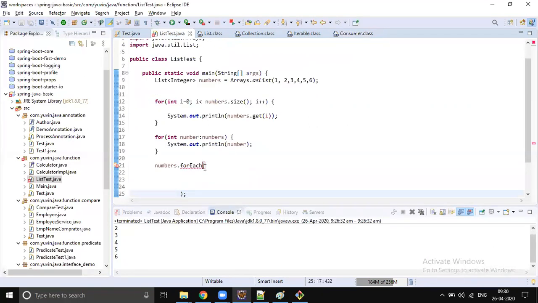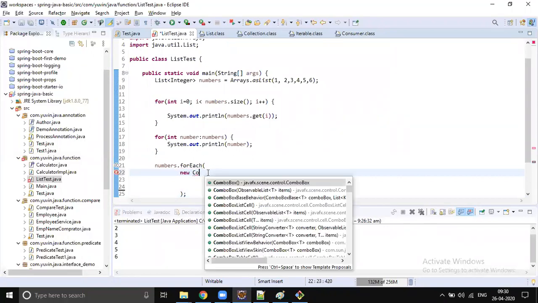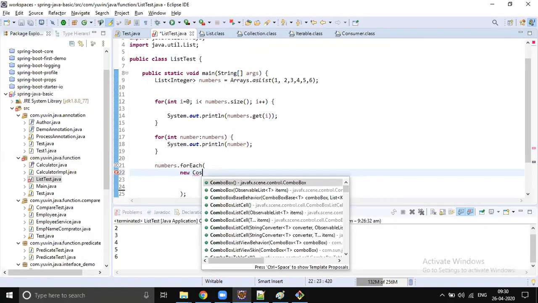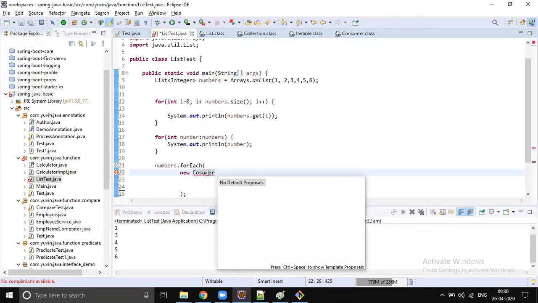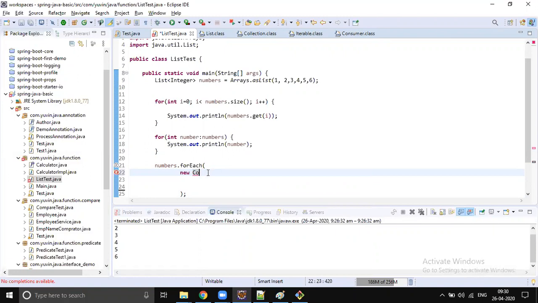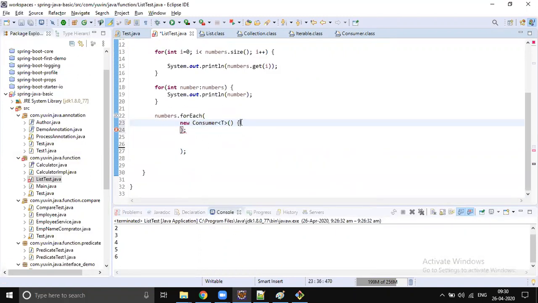So I will do something like this. First I will write a new consumer as an anonymous inner class, then I will try to convert that into a lambda expression. What type is this number?